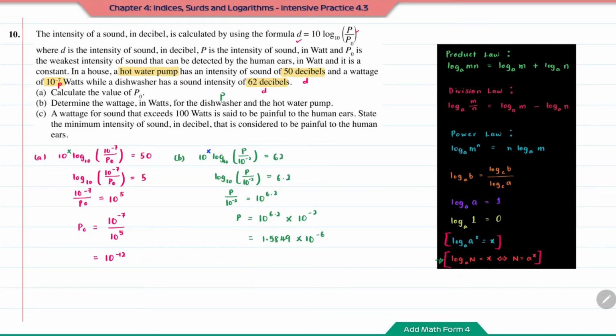C. A wattage for a sound that exceeds 100 watts. This 100 watts is the P. It's said to be painful to the human ears. State the minimum intensity of sounds in decibels that is considered to be painful to the human ears. So here we want to find the D, which is the decibels. So for question C,